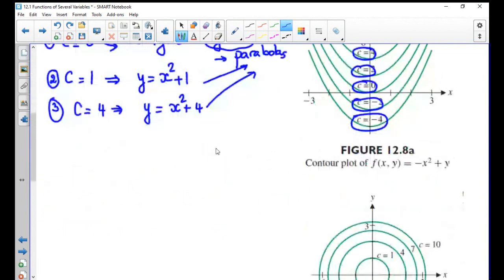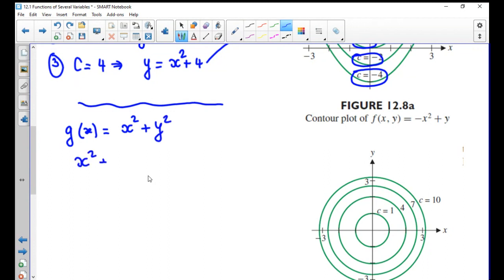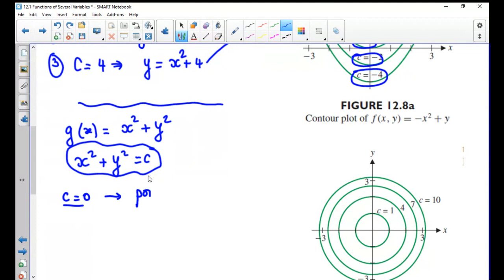For the function g, which is x squared plus y squared, to find the level curves, I need to consider this and then choose different values of c. When c is 0, by the way, I get just the point 0, 0, and then when c is 1,